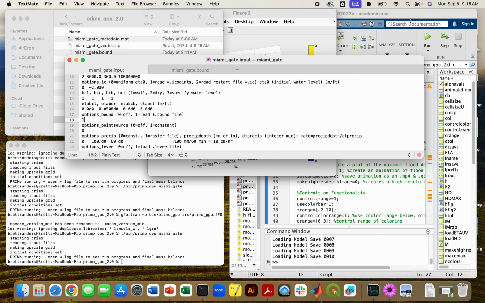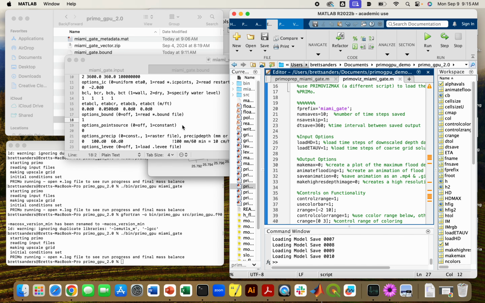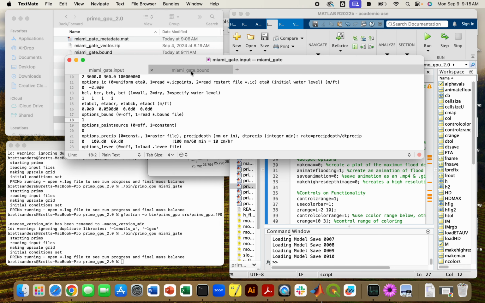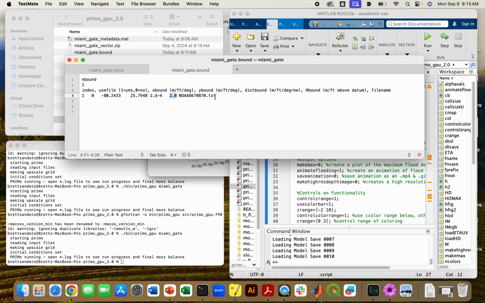Hope that gives you a sense of how you can manipulate boundaries. One more thing you could do with this boundary file is use a time series of water levels from a file. In this case, I've got a file that's already set up, and you can find that in the test data that's shared with the zip file. Suppose we want to rerun the model one more time using that as a forcing, so we just change that